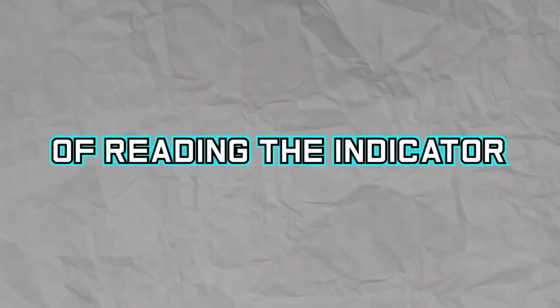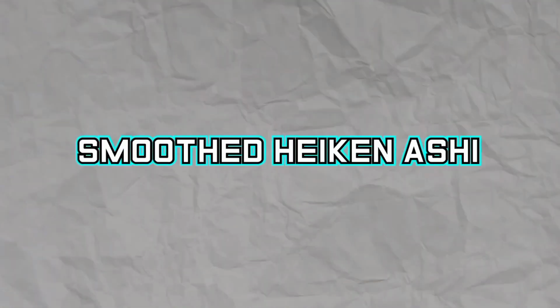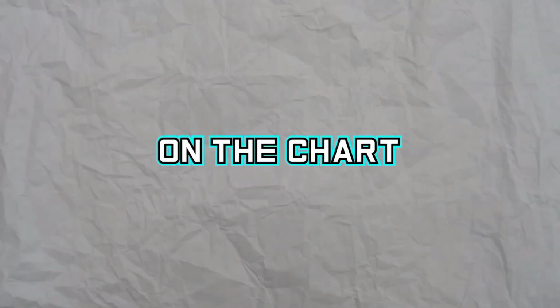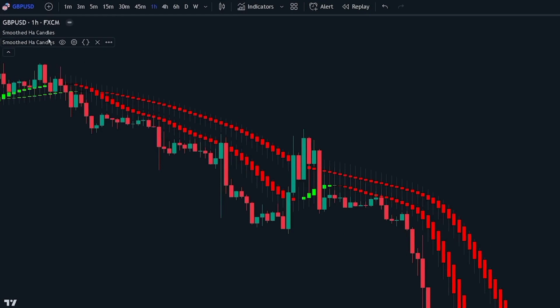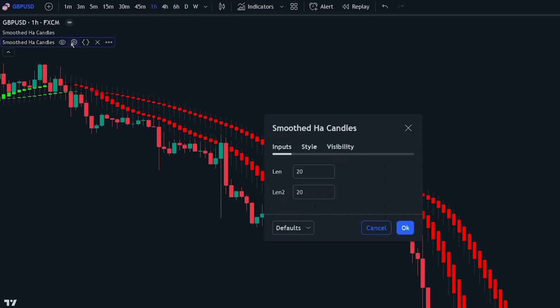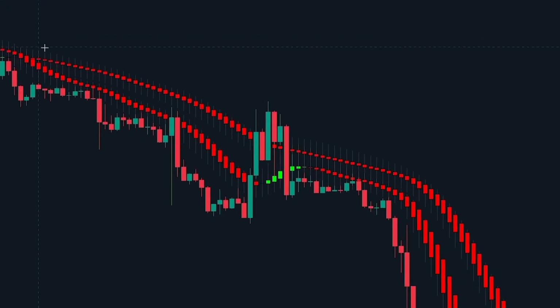A less common way of reading the indicator that can provide even more accurate signals is by having multiple smooth Heiken Ashi candle indicators on the chart. We currently have two smooth Heiken Ashis added to the chart. One has a value of 8 and the other has a value of 20. As you can see, by having multiple smooth candlesticks on the chart, we can see both the shorter term and